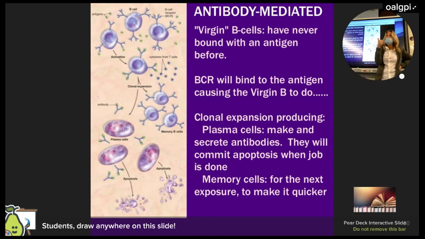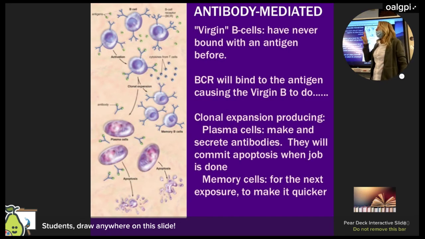Dendritic cells, macrophages, B cells, they all have MHC2s. When they present, we're not yet green yet, because that T cell needs to run into a virgin who has direct contact with the pathogen, right? Direct contact. Then they agree, and then they will both start to make their clone army.